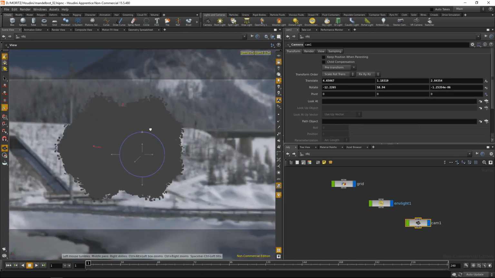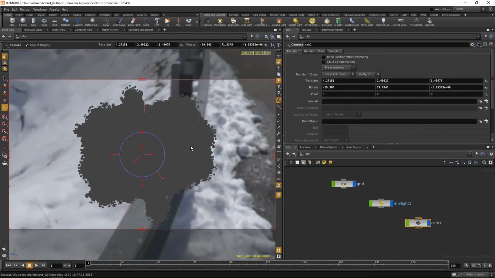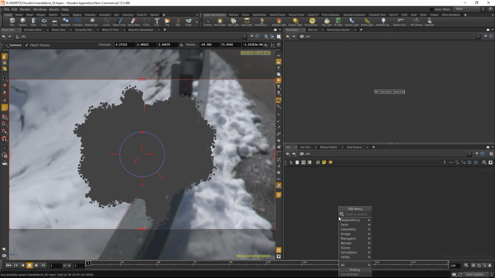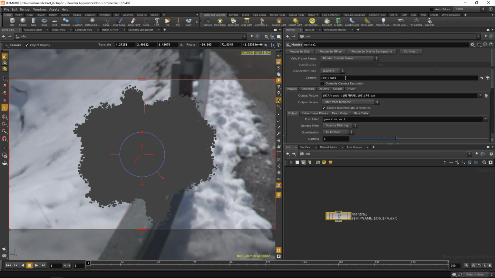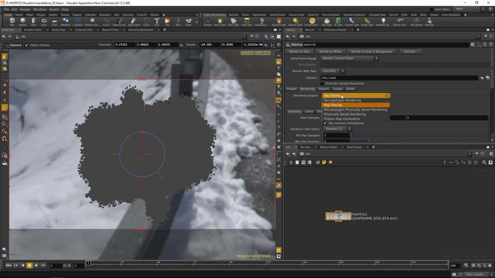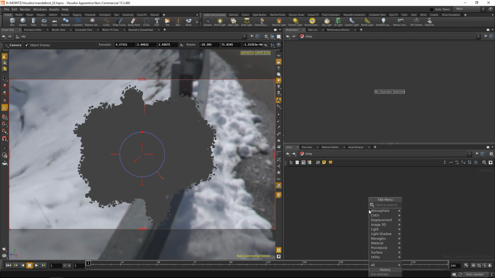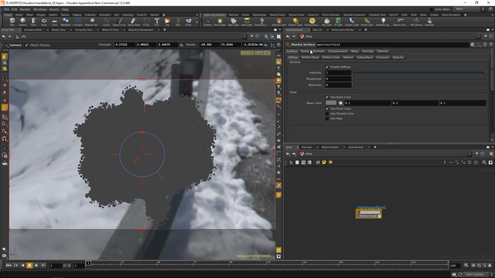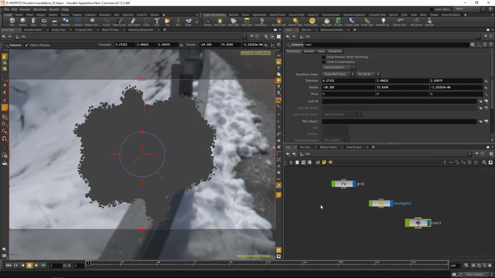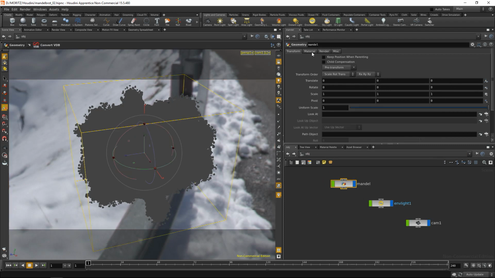Lock the camera so it pans with me. And now, in order to be able to render those volumes in Mantra, I need, of course, a Mantra node in the output. Let's just add that and set the rendering to physically based rendering, and maybe give the Mandelbulb materials. So in shop, let's just create a Mantra surface, just a basic Mantra surface for now. Go back to the object level, highlight my, let's call this Mandelbulb, highlight that, and assign a material